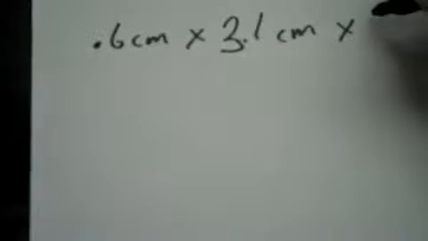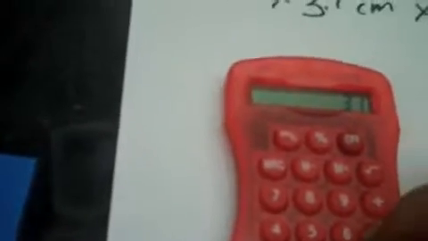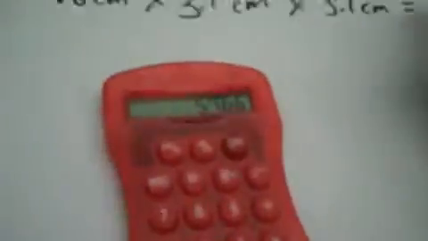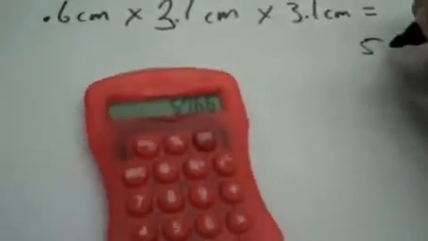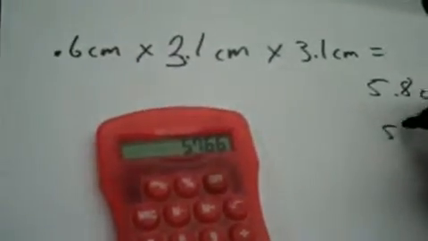So it's always good to check your work. Taking my calculator out, 0.6 times 3.1 times 3.1 equals 5.766, so I'm just going to say 5.8 centimeters cubed, which is also 5.8